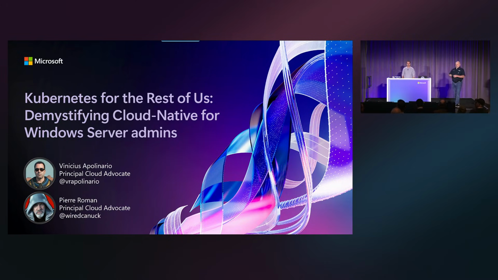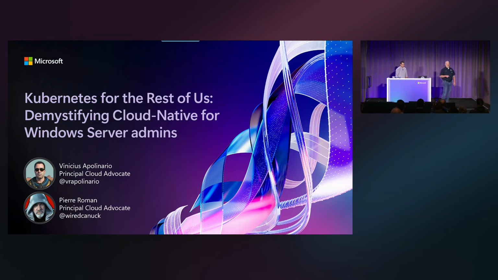All right. My name is Pierre, and I'm a VM. And with me I have... Hi, folks. I'm Vinicius, and I'm a container. And to really show that Pierre is a VM, he has a yellow notepad with notes for the session. I am not just a VM, but I'm an old VM. I haven't been rebooted in a long time.